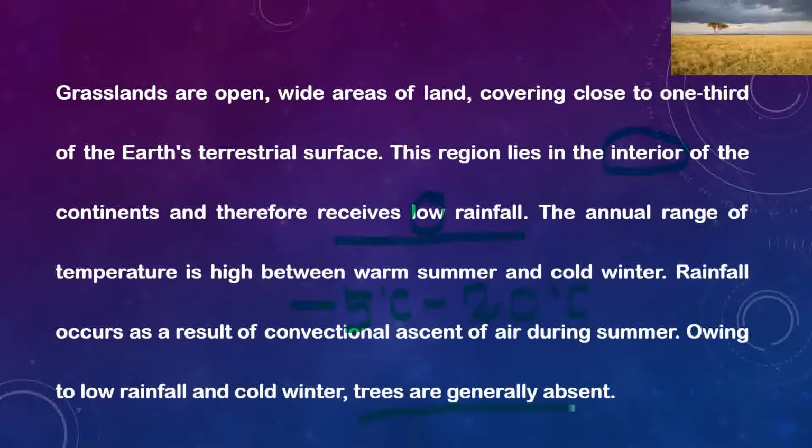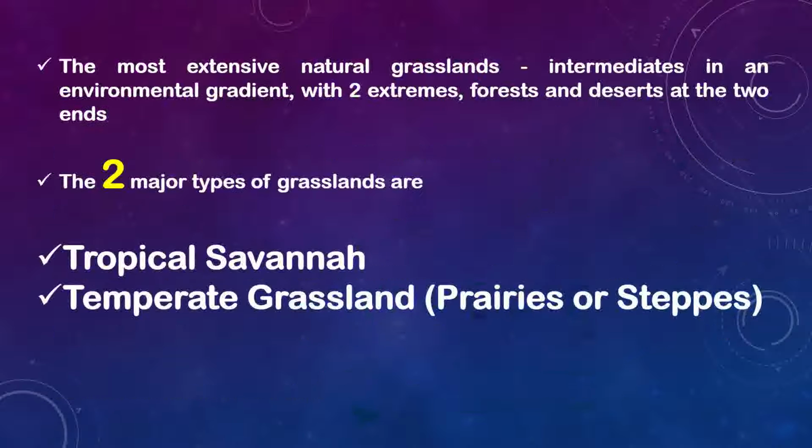This is another very, very important point. It gets rainfall, but that is not enough to sustain trees. So, trees are generally absent in grassland region. So, grasslands can be